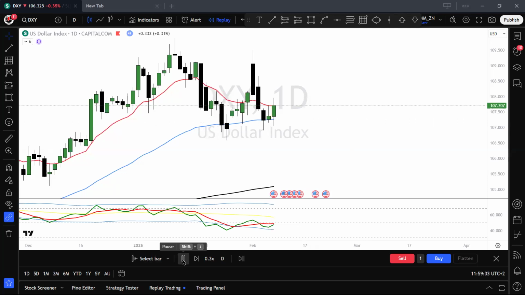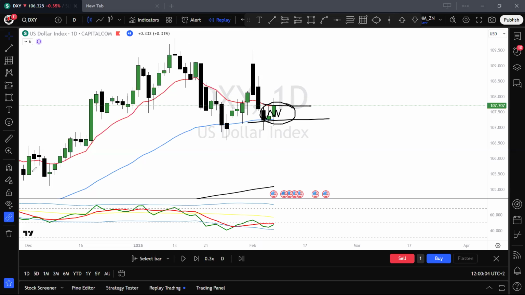Let's see once we get to Monday, which day was this? Okay, this was Friday. So at market close on Friday, you can see that price was within this range here. What I usually advise is if you see your price caught up in a tight range between the 50 EMA and the 13 EMA, usually we want to wait for price to come out of this range